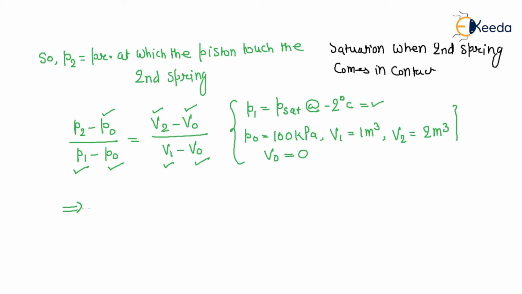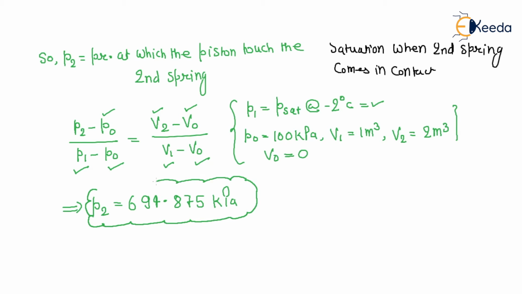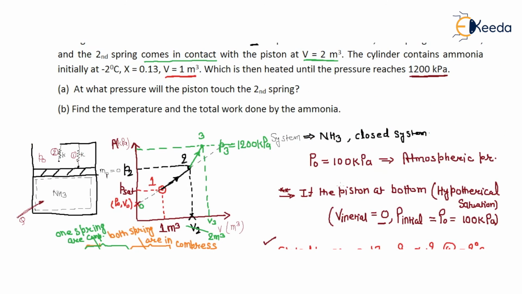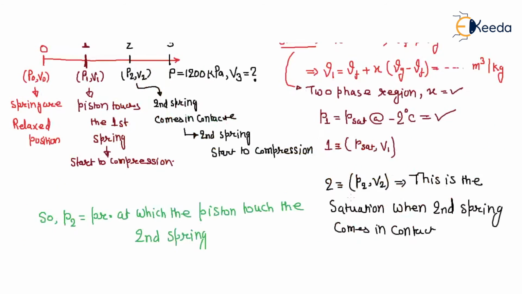So from this you can easily calculate P2, and the P2 value is 694.875 kilopascal, right? So at this pressure, the piston touches the second spring,